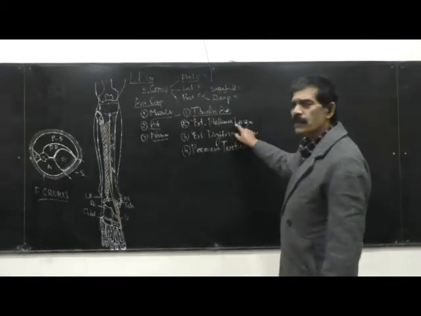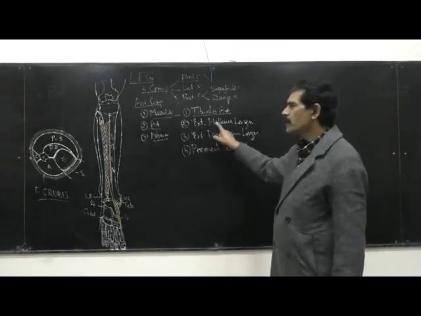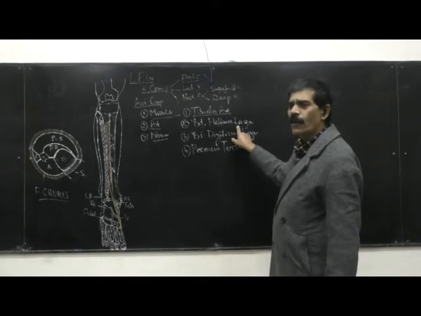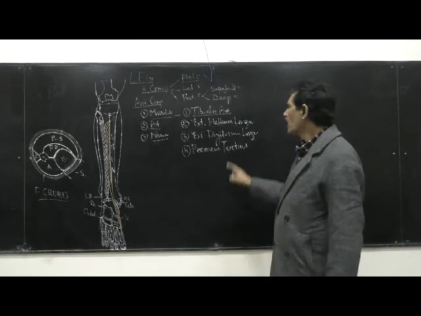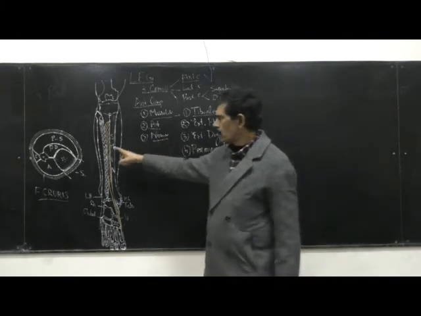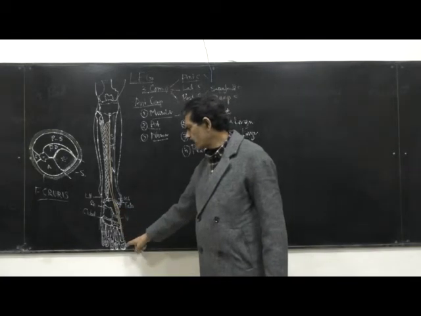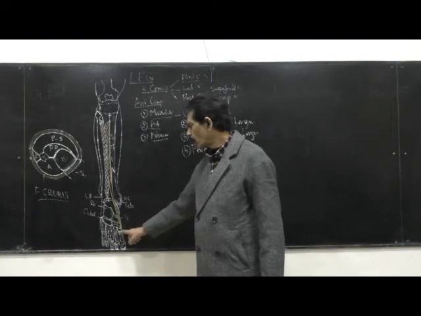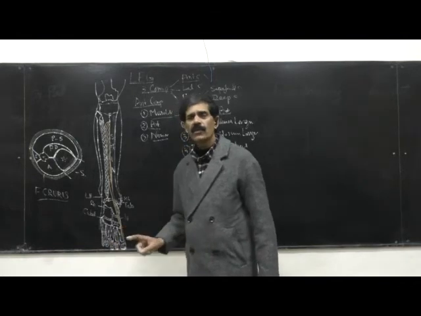The second word is hallucis. Hallucis is used for the great toe. It means this muscle will insert on the tarsal bones of the great toe. And the last word is longus. So any muscle having the word longus, whether in the upper limb or lower limb, longus means it is long. And where will the insertion be? At the last point of the digit. So the longus will be inserted on the distal or the terminal phalanx.